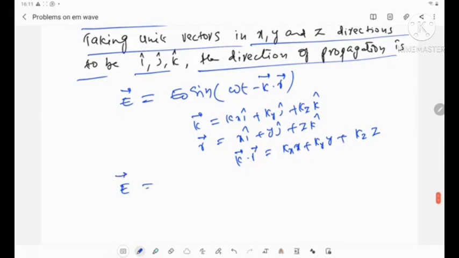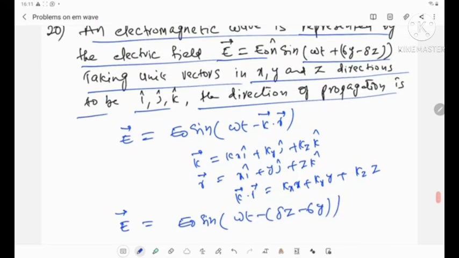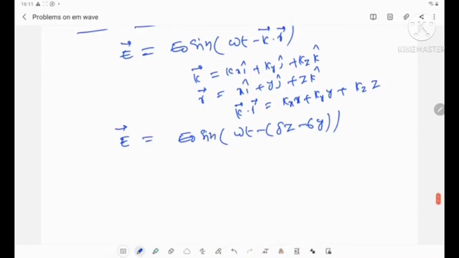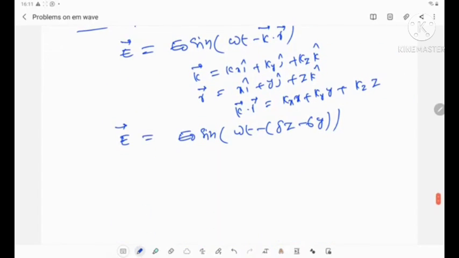But here E bar is given as E naught sin omega t minus 8z minus 6y. See here, minus common, this becomes 8z minus 6y. And when you compare this equation and this equation,